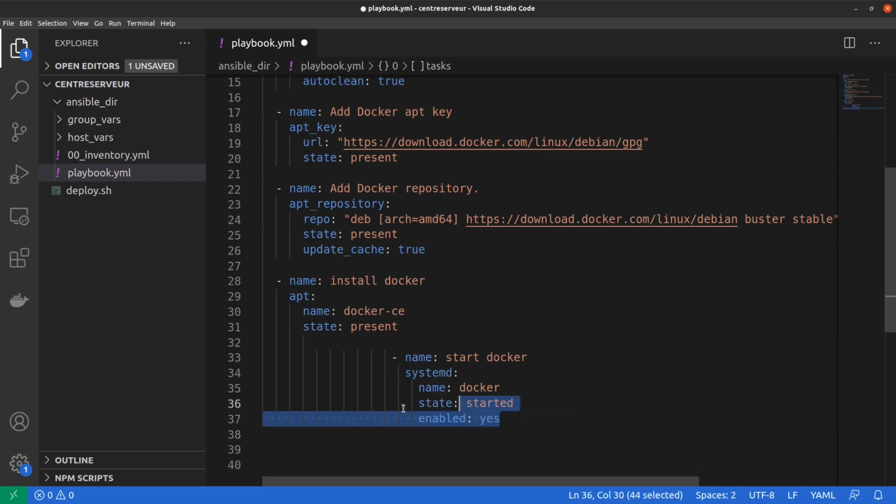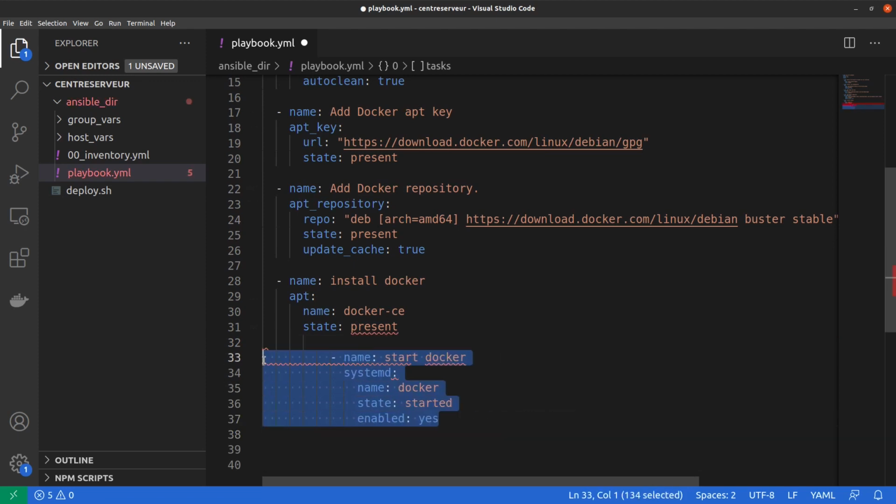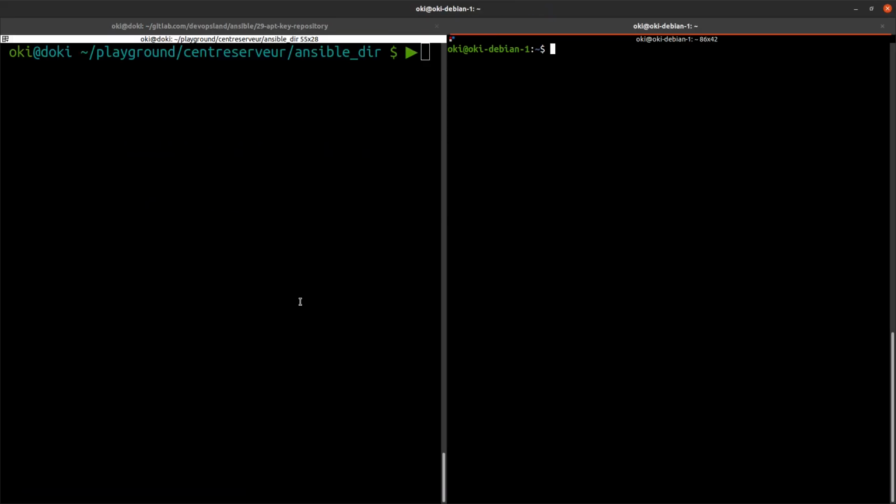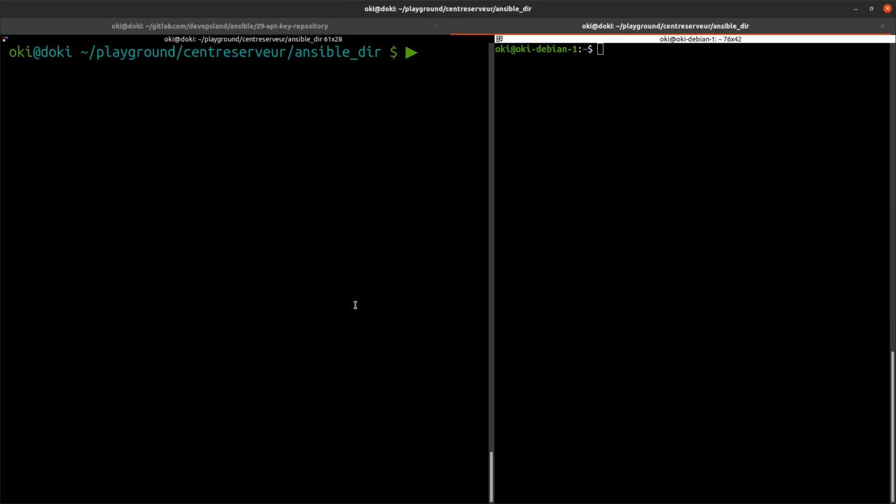So I save it, and I can run it on the Ansible CLI: ansible-playbook -i our inventory, and we just want to use our playbook, and we run it.